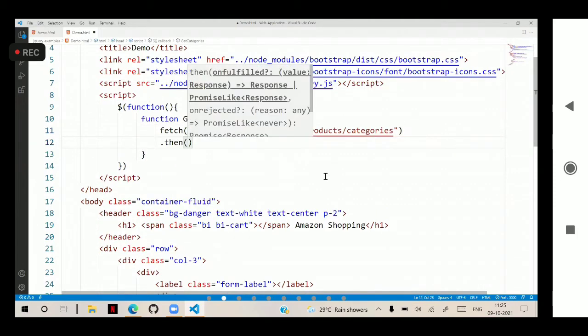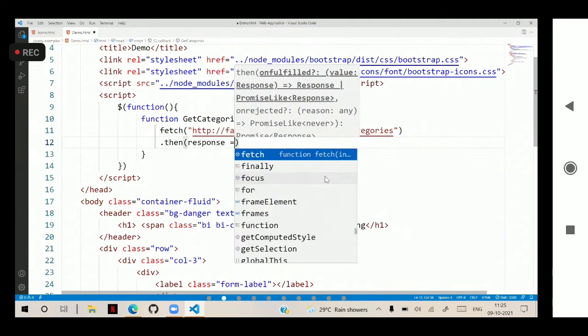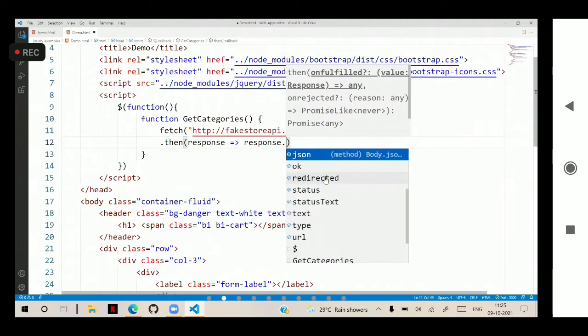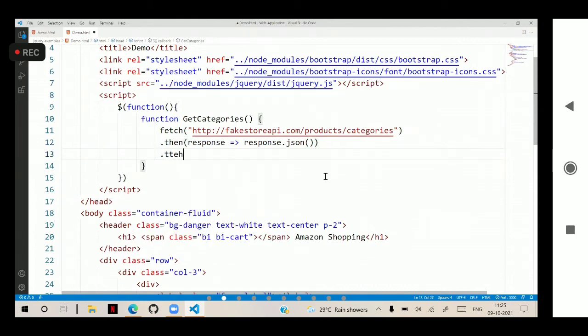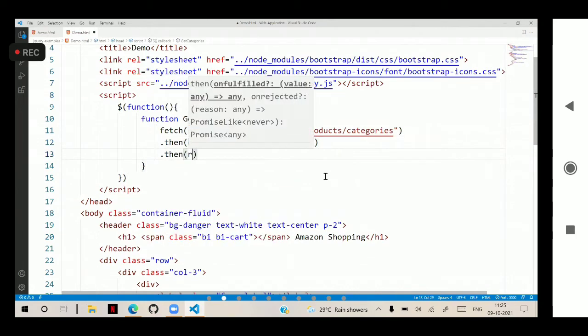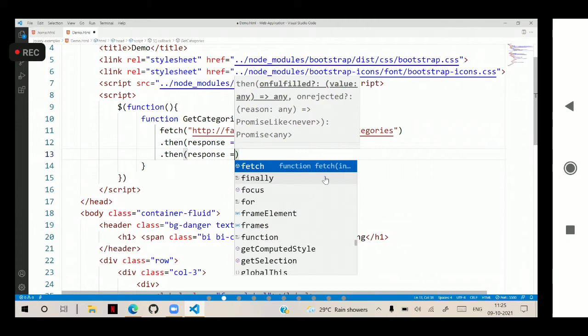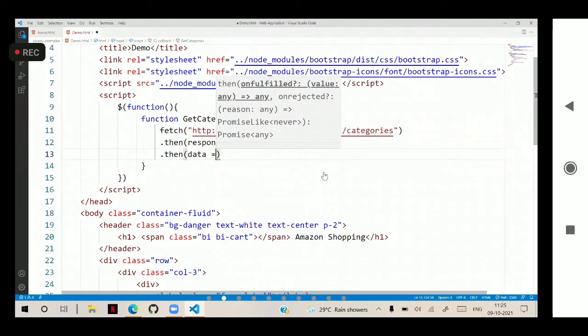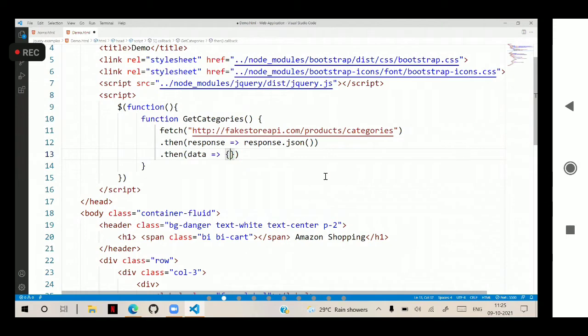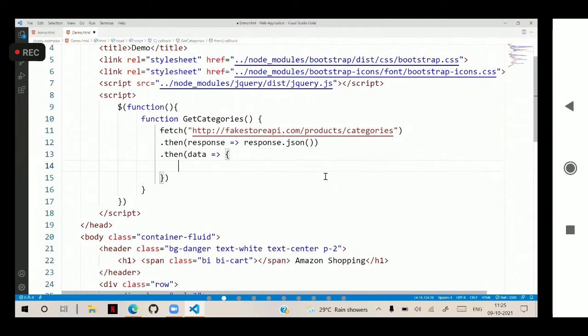Then response implies response.json. After that, then response implies data we have to collect, and that data must be stored and rendered.